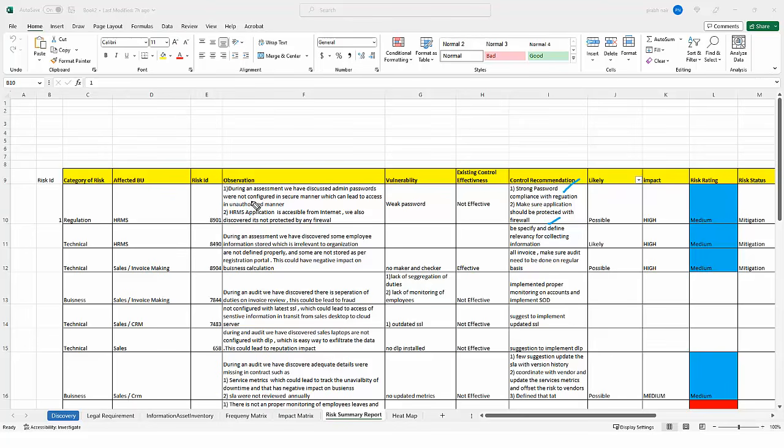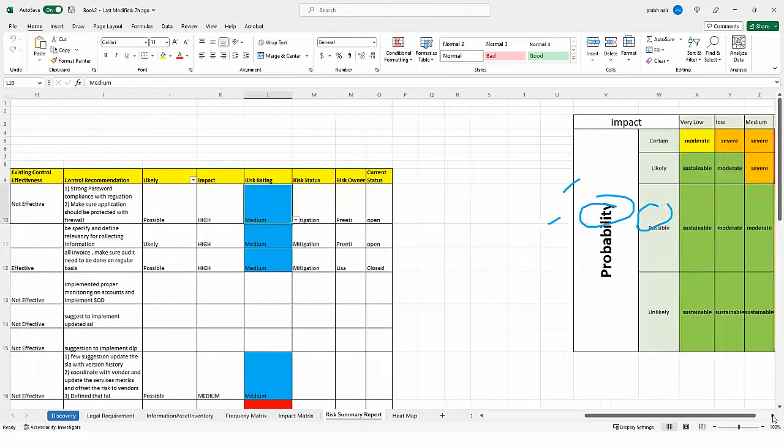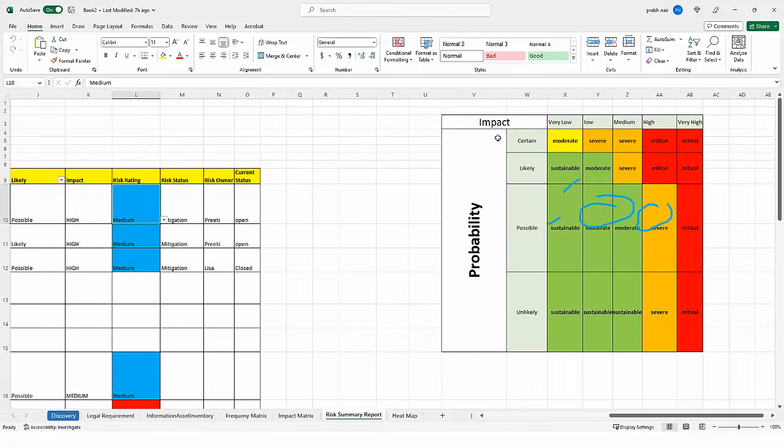Now, the likelihood of this HRMS being exploited, I gave as possible, and impact is high, the reason being that the HRMS stores employee data. That's why I gave the risk rating as medium. Now, where did I get this value? Because I'm sure this is a question. This is how we create the matrix. Suppose we have a value called likely and the impact I mention is high.